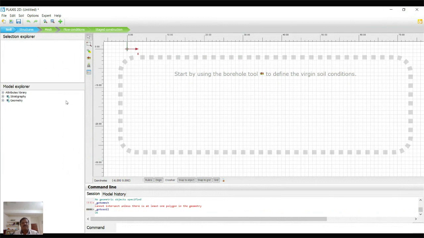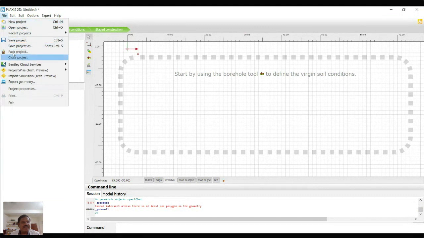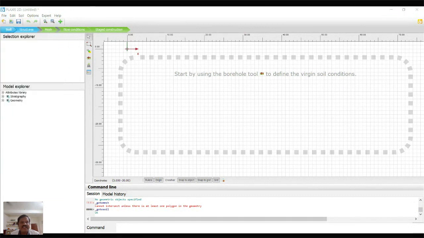So now we can learn how to define the soil profile. Let's say there are 2 layers, one of 6 meters and another of 14 meters. So we are going to create the soil strata with 2 layers, because we already defined the limits in the project properties: the extent, x direction 0 to 30, y direction 0 to -20.